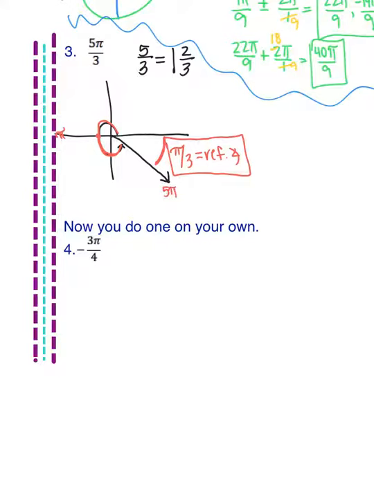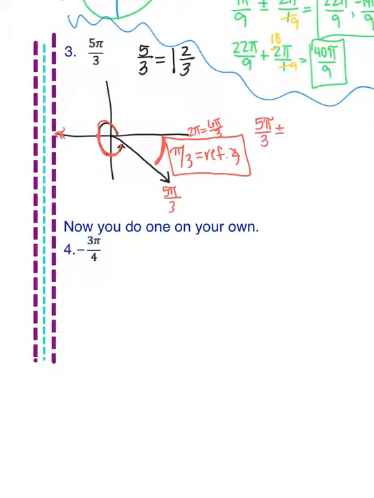When I add those together, I get 5 pi over 3, meaning I need 1/3 of a pi left to get to this 2 pi. And if it helps, we can write that as 6 pi over 3 to help you see that there's 1/3 of a pi remaining. Now for coterminal angles, I'm going to take the 5 pi over 3,